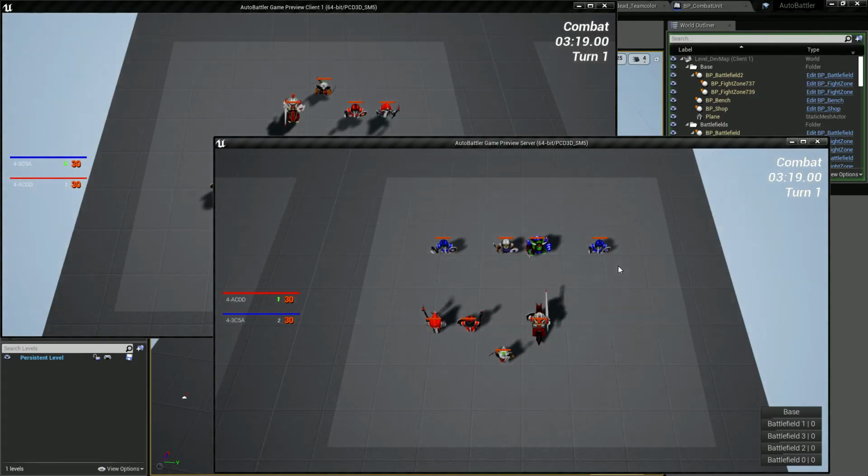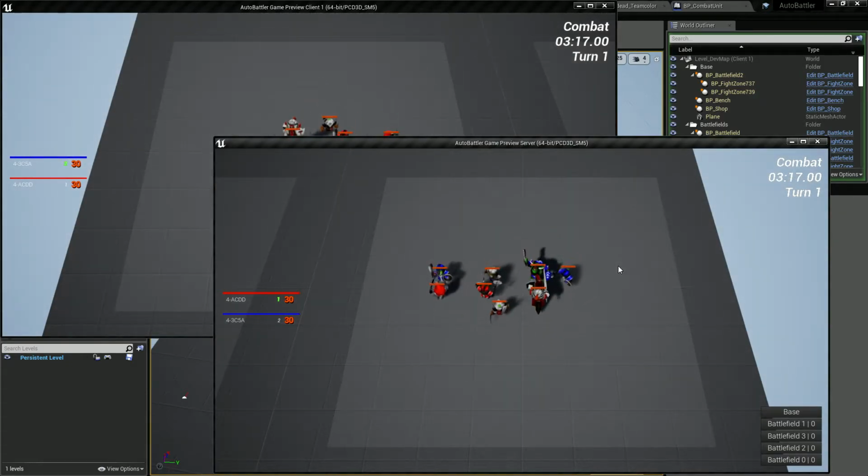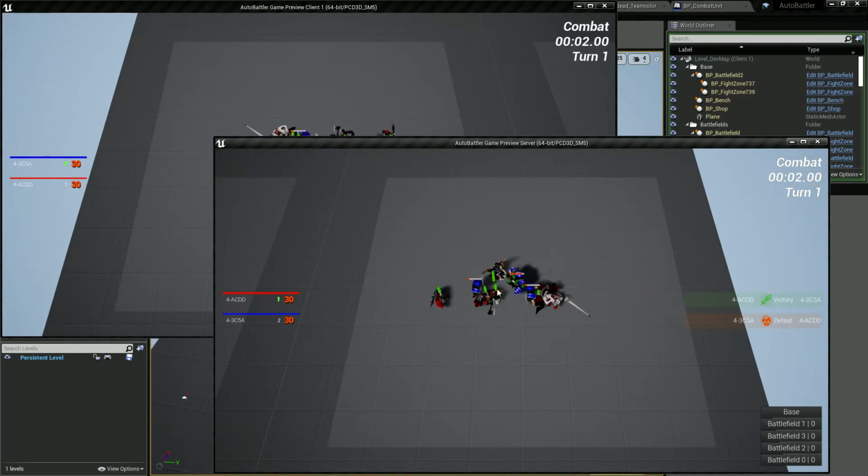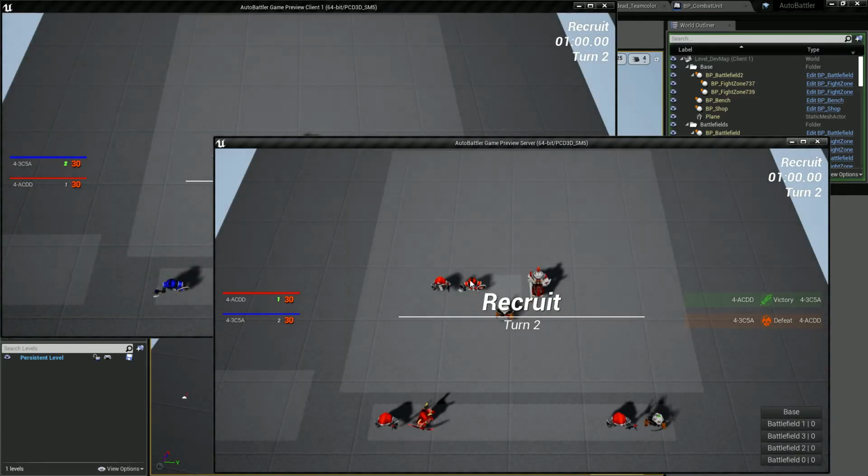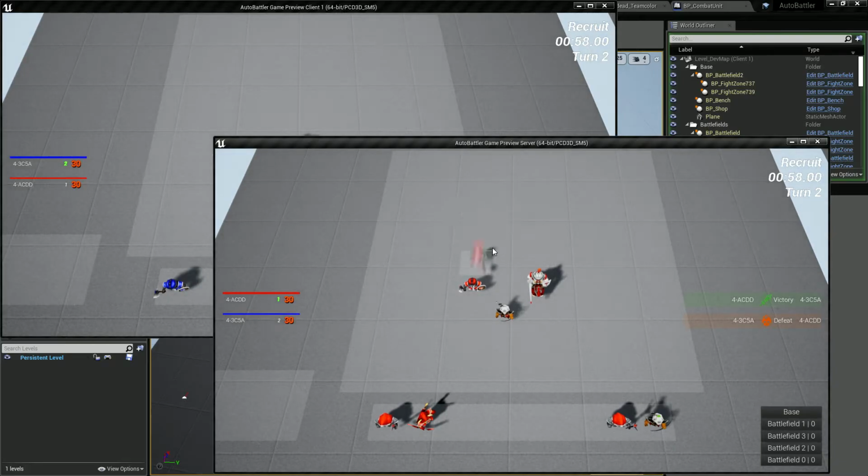Let's go to war. It seems to be working, but we can see their arrow, the arrow we added when we